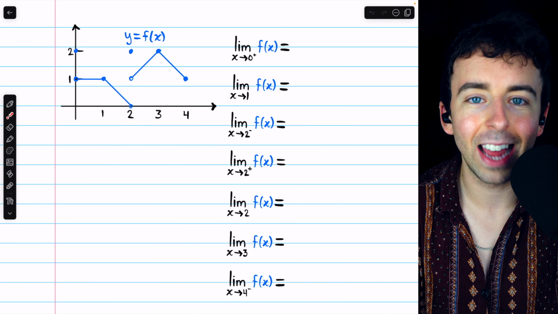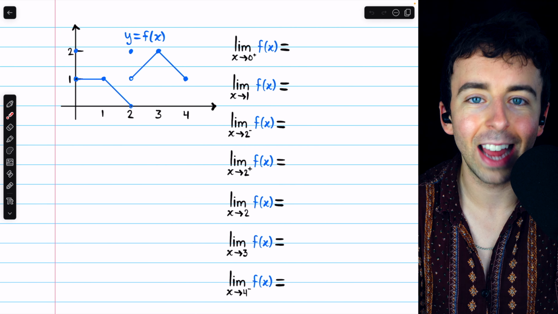To identify the limit, you can use a pencil or your finger to trace along the function in the direction of where x equals 0, and make sure you're doing it from the right. So we trace along the function towards x equals 0 and ask what the vertical value that we're approaching is. It's clear to see that the vertical value, as in the y-coordinate, that we're approaching is 1. So as we approach x equals 0 from the right, the y value, which is the value of the function,